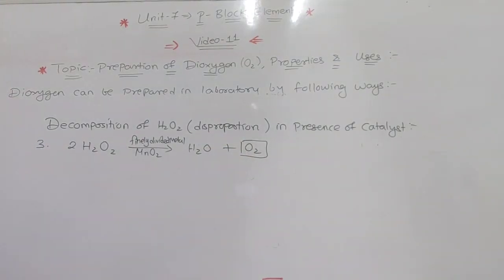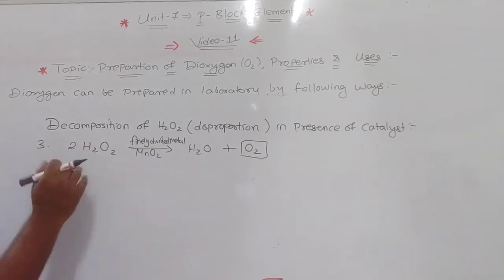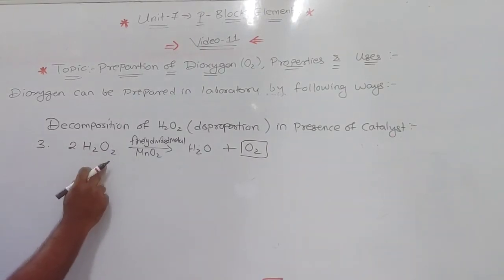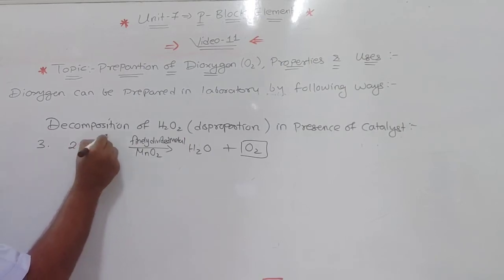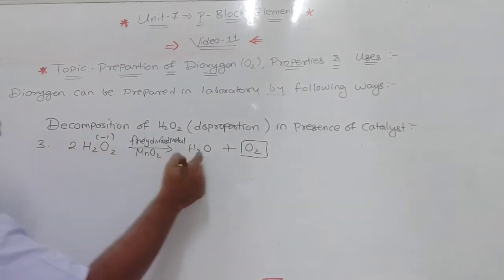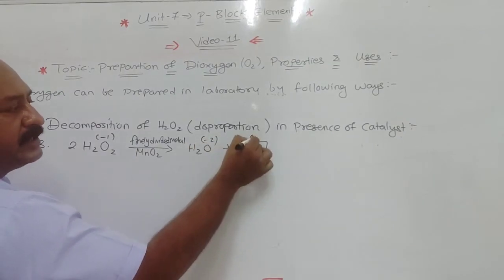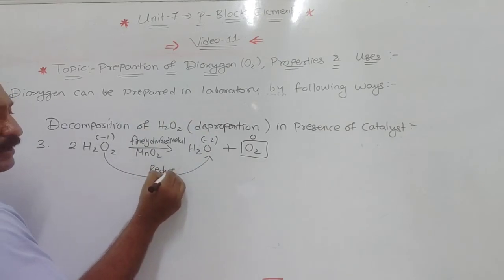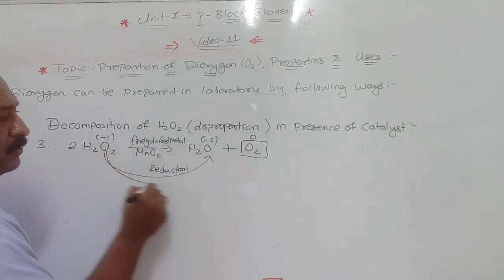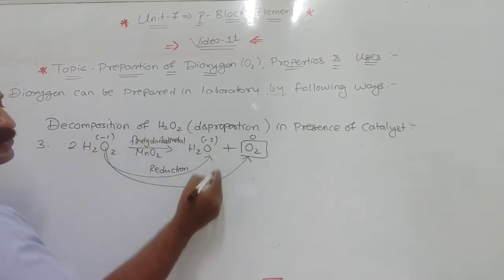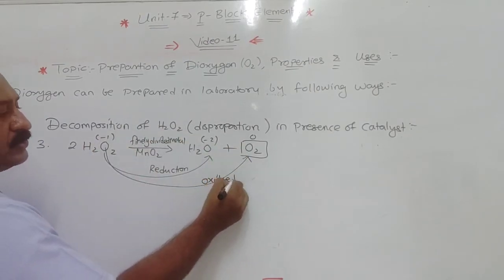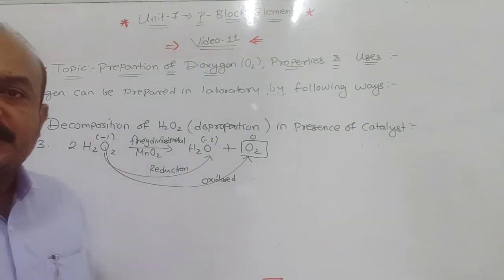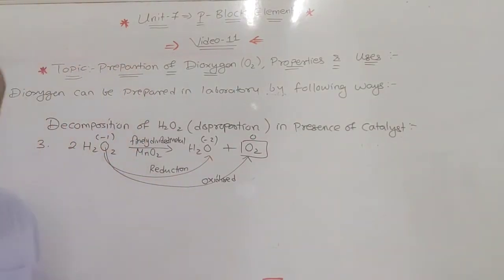Understood this part? Now why is this called a disproportionation reaction? The reason is the oxidation number of oxygen in hydrogen peroxide, which we studied in 11th standard, is -1. Here it is -2, and in the elemental state it is 0. So -1 to -2 means decrease, that is reduction. Oxygen is reduced. The same oxygen, from -1 to 0, is oxidized. So the same element gets oxidized and reduced. That's why it is called a disproportionation reaction. Understood this part? You can write down this oxidation number of oxygen in this case.